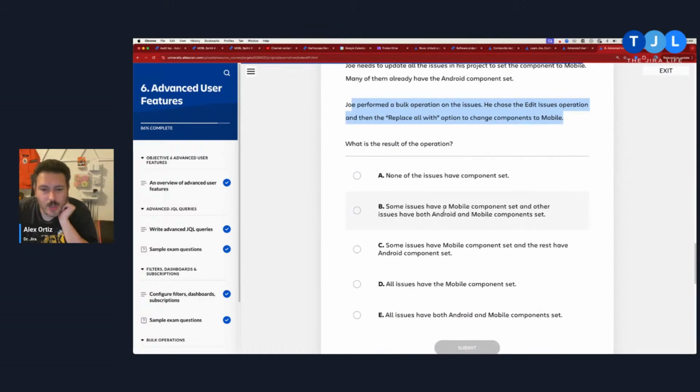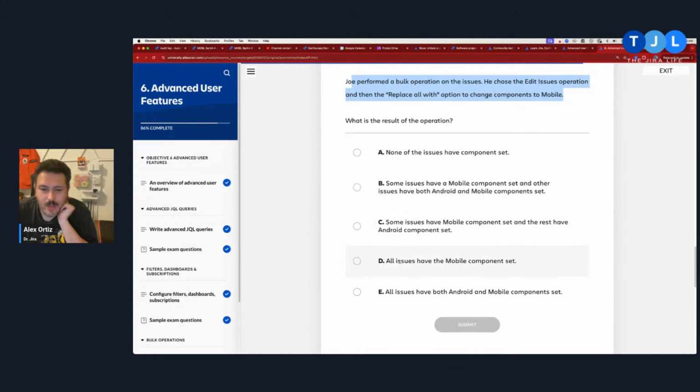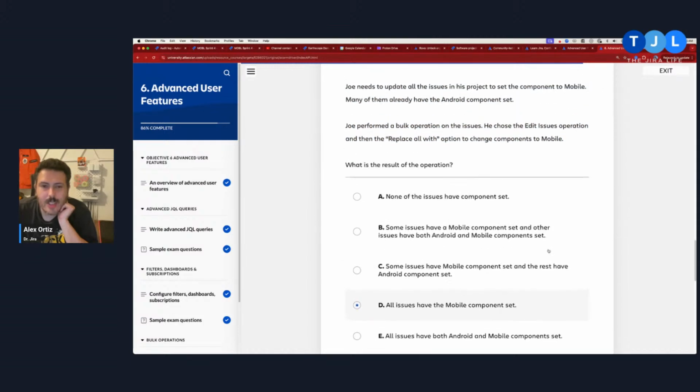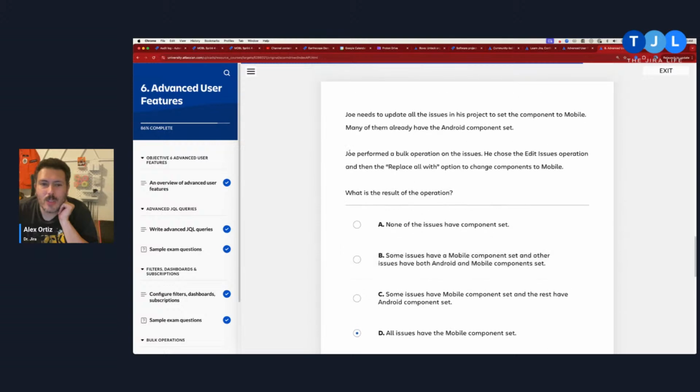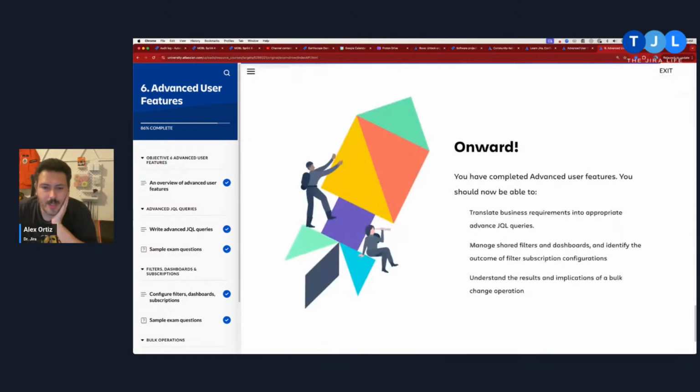Some issues have Android, some issues have mobile. This one, because he did replace with. Because he's doing the replace all, Android is going to drop off and we're just going to have mobile. And that's it. All right, onward.